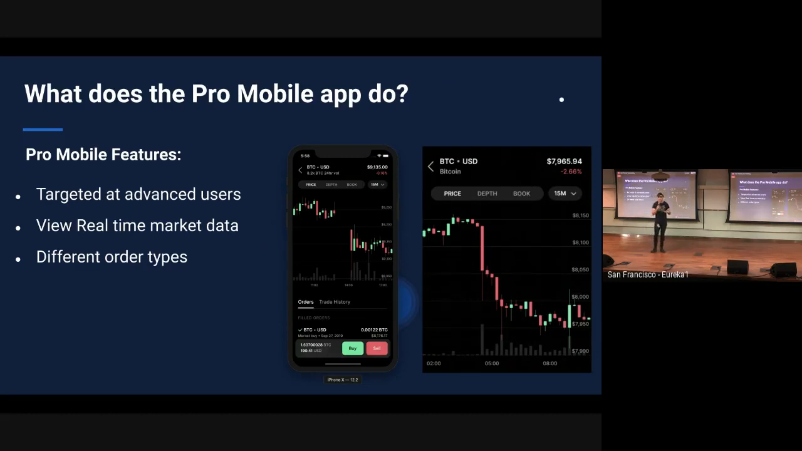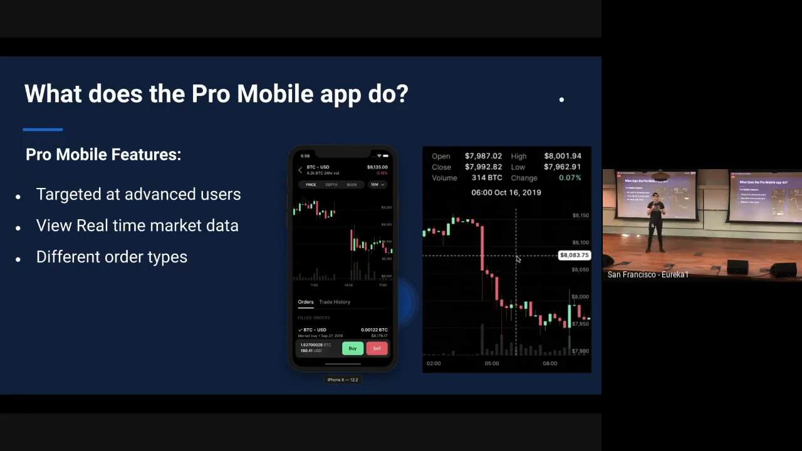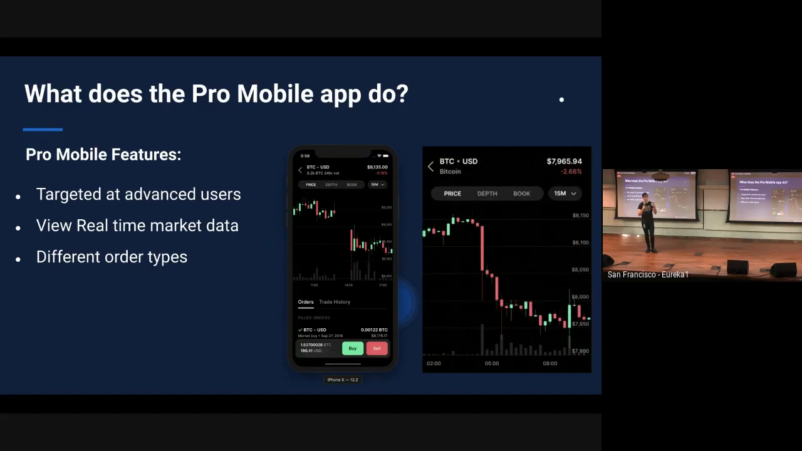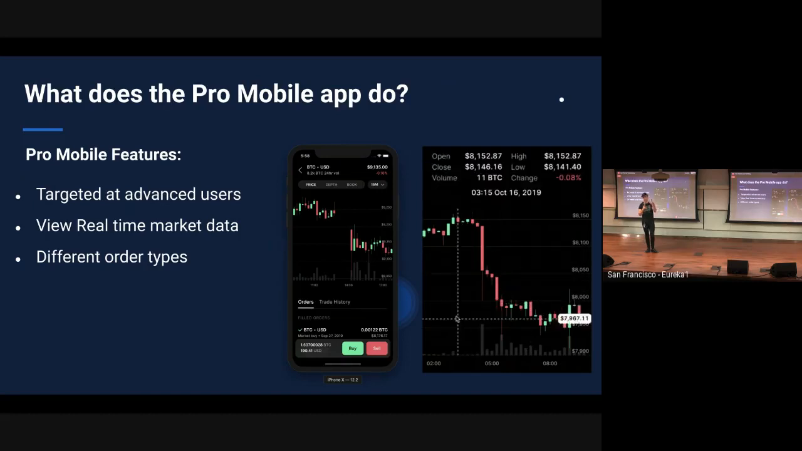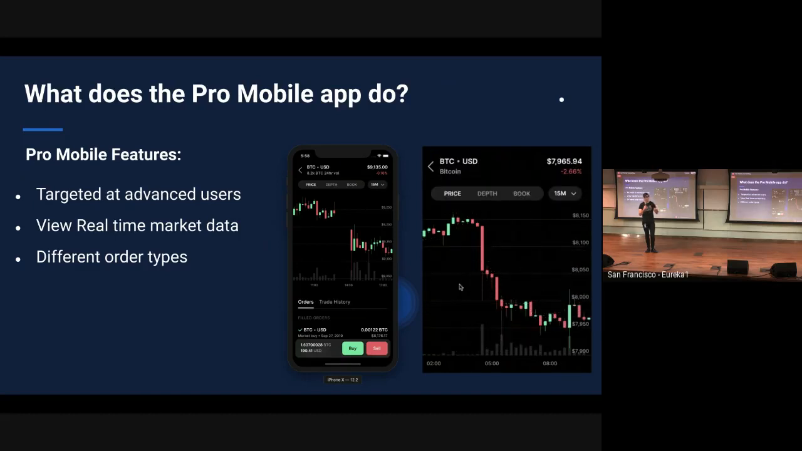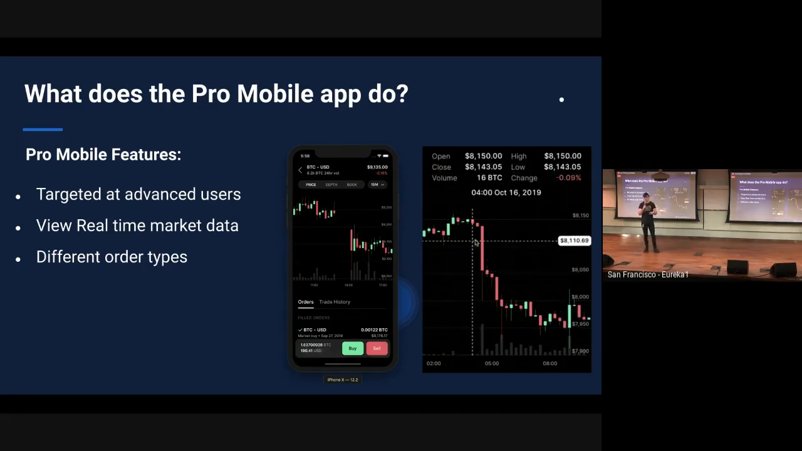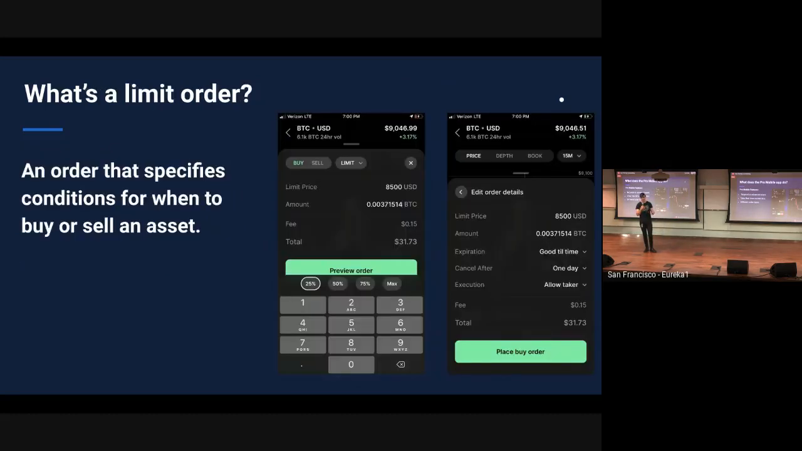The Pro mobile application is targeted at more sophisticated users. These are people who want to eyeball real-time information about a given market like Bitcoin or Ethereum and make a decision, place an order, to buy a quantity of that asset at a specific price and at a specific time. So to give you an example of one of the orders that you can place in the Pro mobile application that you can't place in the consumer mobile application,